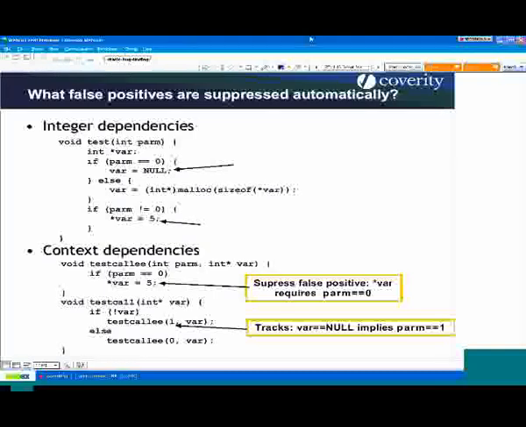And you can also do this across procedure boundaries. At this point, it's called context-dependent path-sensitive analysis. In the second example, if we're stupid, we run a tool over test call, and we see that if var is null, we call test callee, and we see that test callee dereferences var. But if we're a bit more clever, we notice that, well, actually, var is only dereferenced when parameter was 0, and we only pass a null pointer to test callee when parameter is 1, so this can't happen. So again, the tool is going to suppress this for you automatically. And it turns out if you do this and you do it really well, that gets rid of about 90% of all false positives. So it's a good thing.